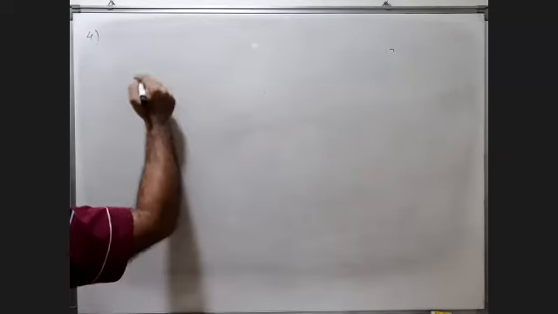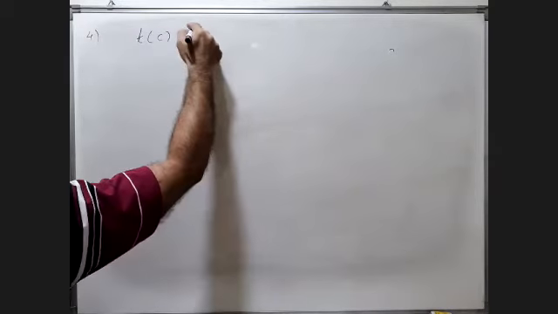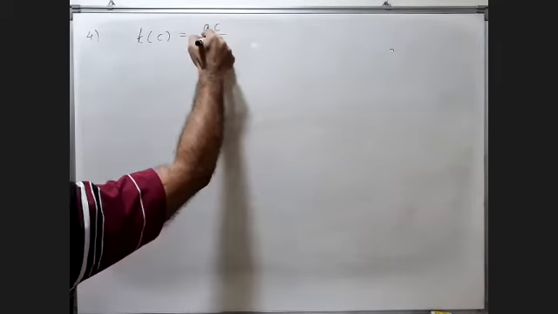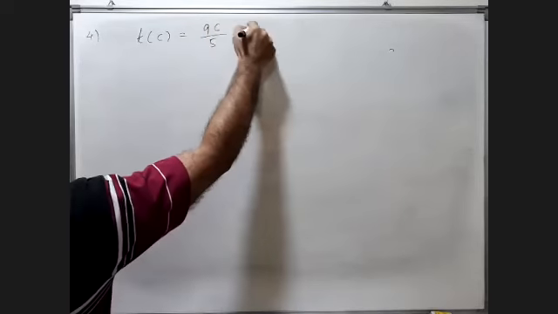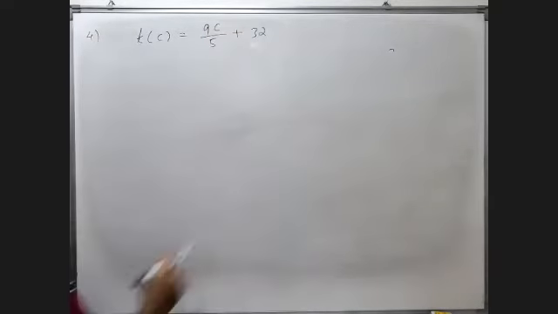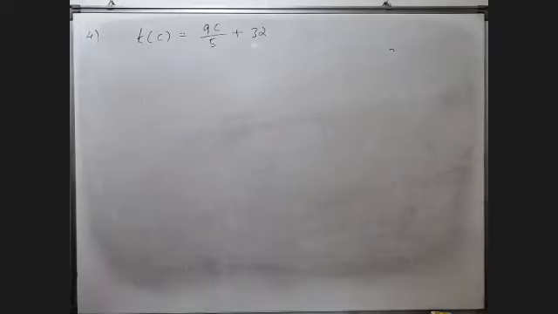Question number 4: the function T maps temperature in degrees Celsius into temperature in Fahrenheit. T of C, the given function, is the relation between degree Celsius and Fahrenheit, which you know already from physics and chemistry. This is the given relation between degree Celsius and Fahrenheit. Now the question is to find